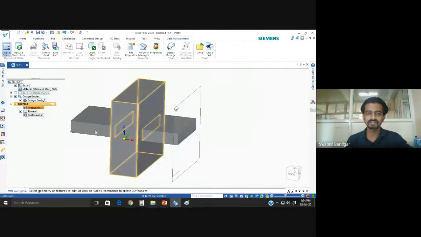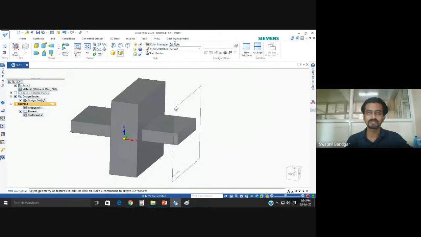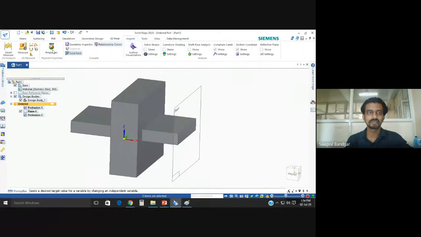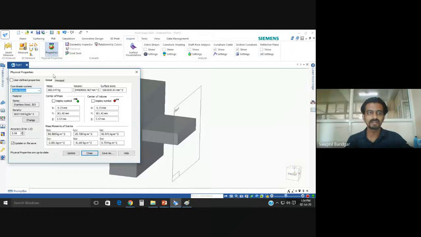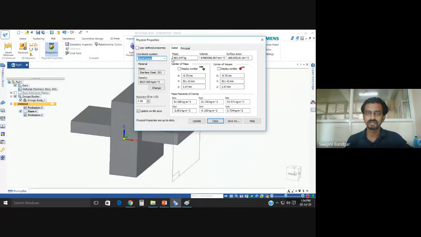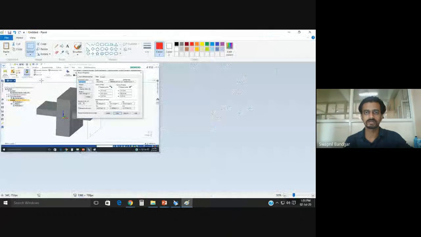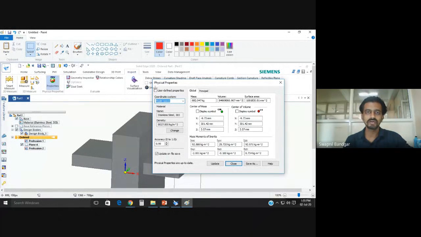Then the color is changed according to the material, and if I go to these MV properties, I will get the mass. Can you see here? This is the mass. I applied the steel, and its saved density is 8027 kg per meter cube.